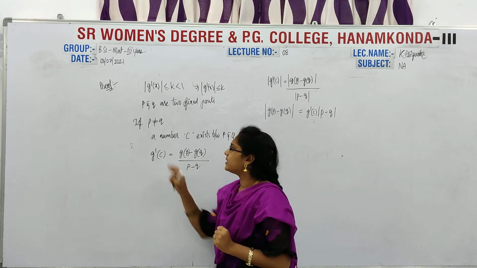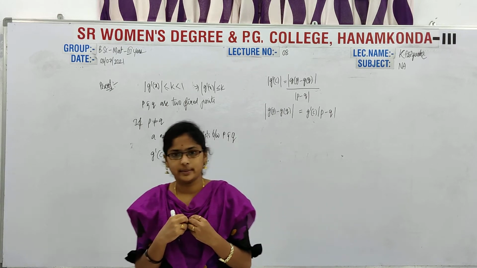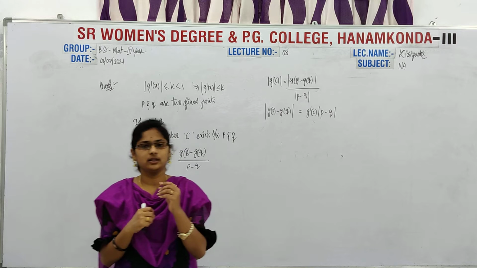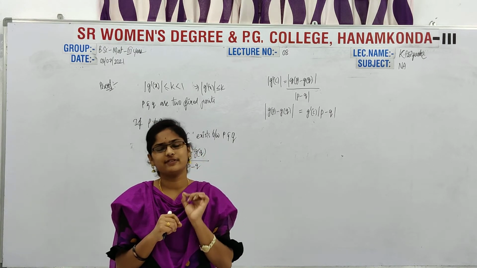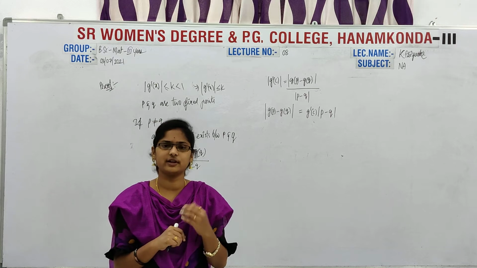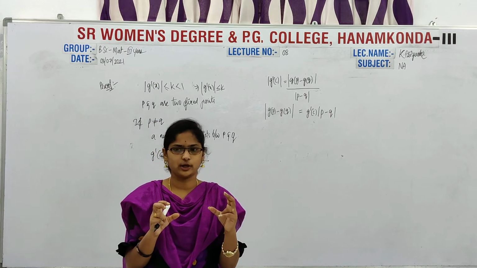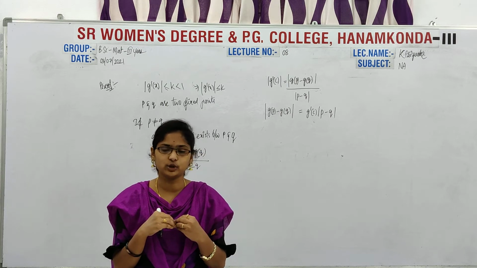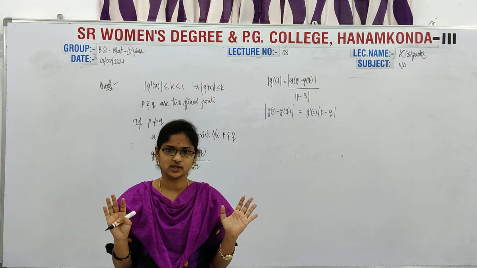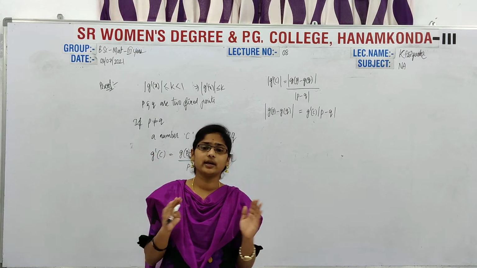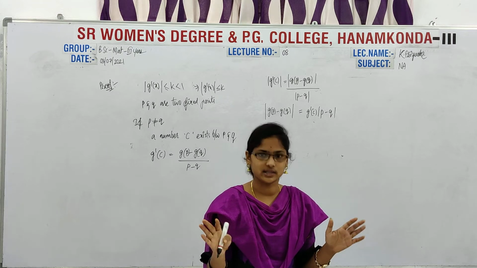Already I said that when we prove that the function g has a fixed point, actually we have to prove that g has only one fixed point. For that we take two fixed points p and q, and finally if we are able to prove that both values are equal, then the proof is finished. Okay. But here what I am taking is that both values are not equal. I am checking that both are separate.